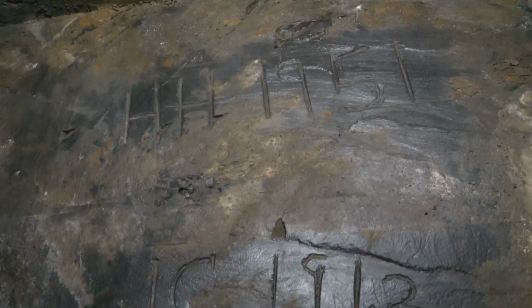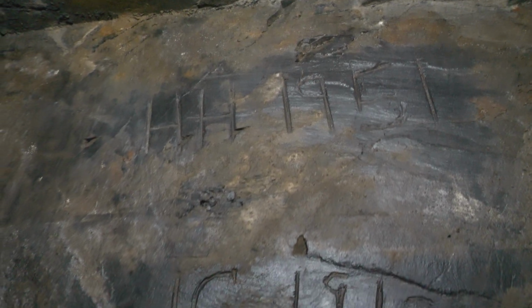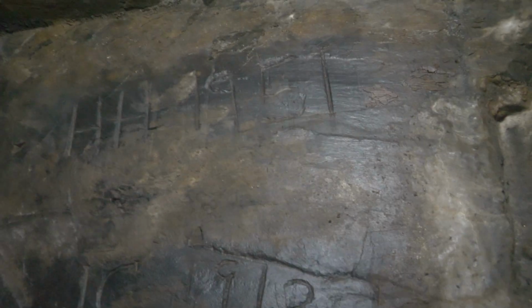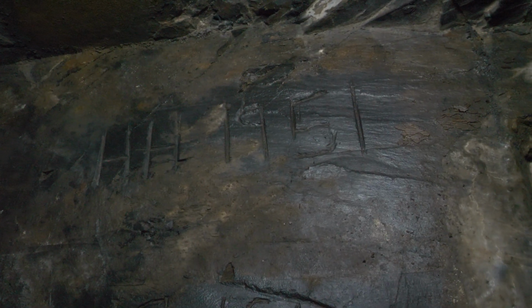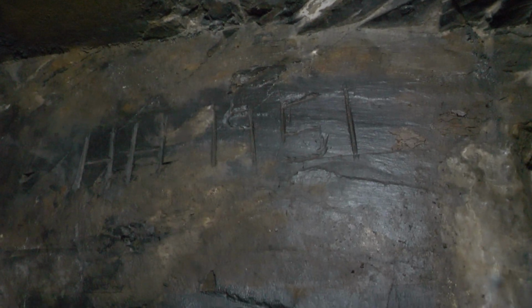So if we're going up to the top here, I'm just going to put this on autofocus actually. Autofocus on this thing is absolutely rubbish. So if you start off at the top there, I hope the light's not glaring this out. Let's see if I can dull this down a bit more for you. There we go. So you can see you've got